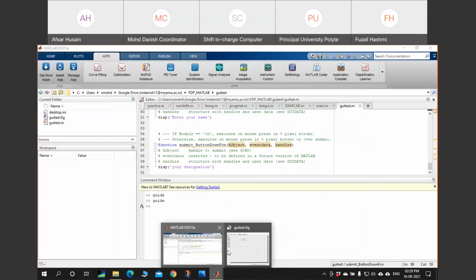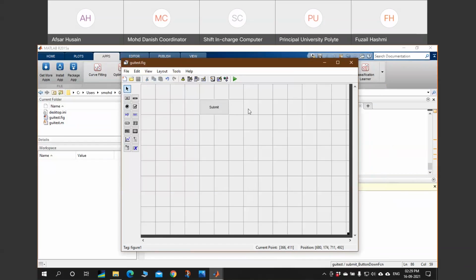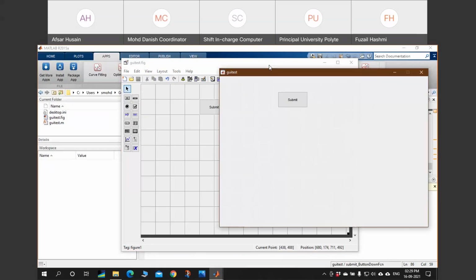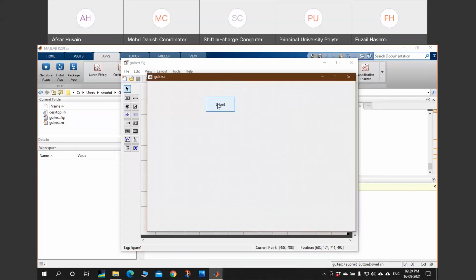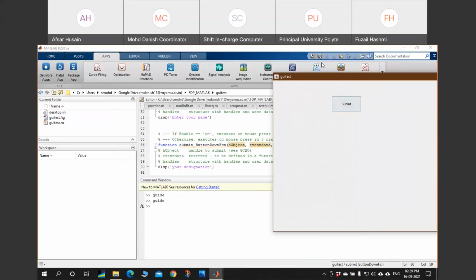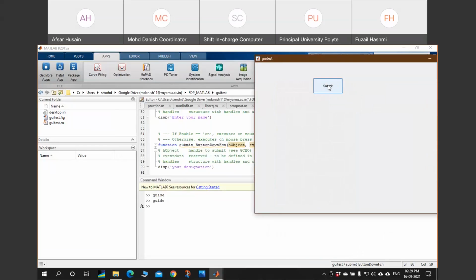So I close this. To check whether my button is working correctly or not, I hit run. This green arrow, I press this. So this is my GUI, nothing on the window, just a single button. If I click it, it should display enter your name. So I'm clicking it.